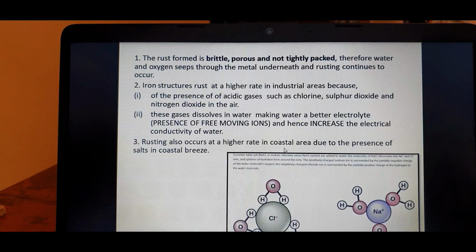The same is true for coastal areas. In coastal areas, rusting also occurs at a higher rate. The reason is that in the water you have salt. What salt do we have? We have sodium chloride. You notice the sodium chloride here, and this is the hydrogen bond with the water. So the formation of these ions makes it a better